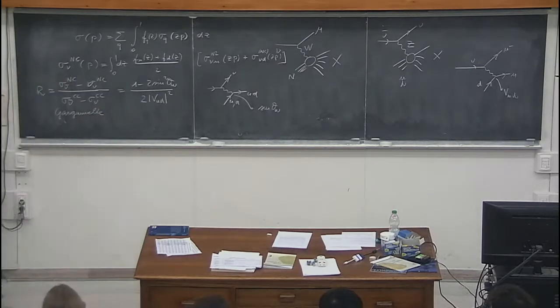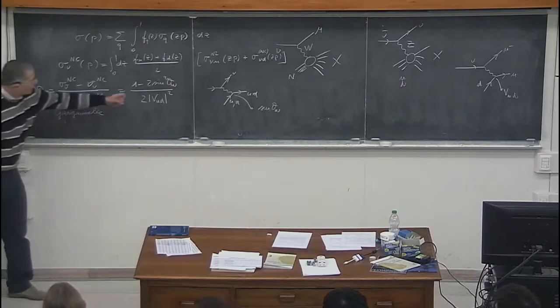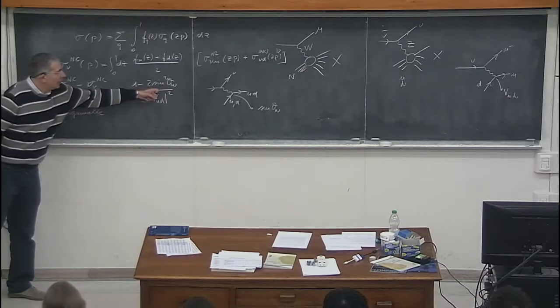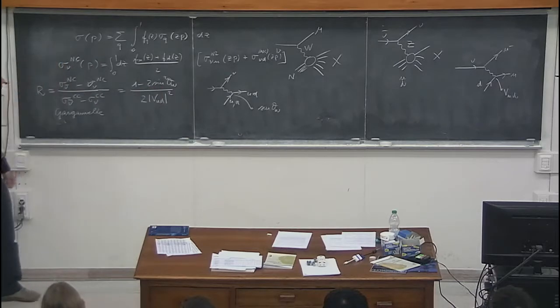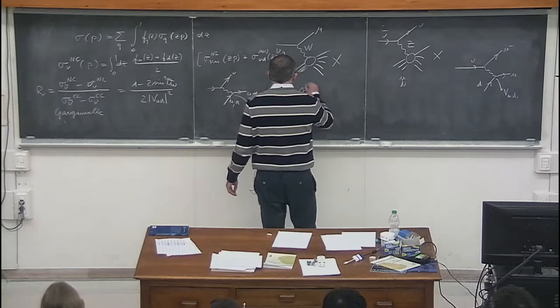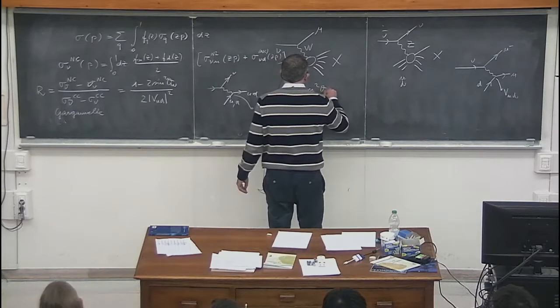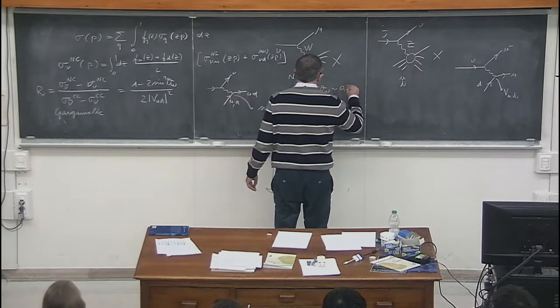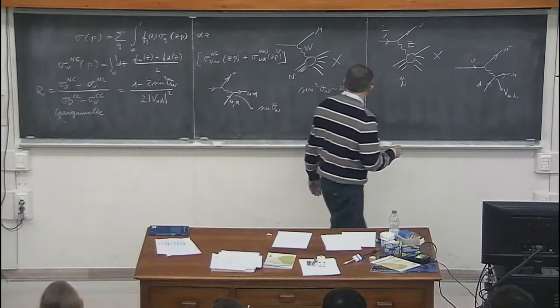And the non-zero value for this ratio allows you to get a value for sine squared theta W. And the numerical value of this number is important. Sine squared theta W is around 0.23, something like that, which means that this angle is not too small and not too large, and G prime